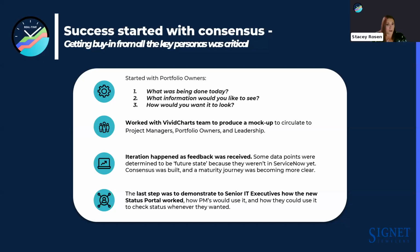And we brought in our portfolio directors, right? And sat with them and showed them a mock-up that we worked on with VividCharts based on what they had given us. So we looked at all their examples. We looked at what they would like to see on a one page. And then Ksenia and myself, who ran the project, worked on a mock-up together of what they'd like to see. And this is back a couple of years ago, before VividCharts was on their new platform, right? So we were able to create this template together and then demonstrate to our senior leadership how the status portal worked. So we were showing them a new